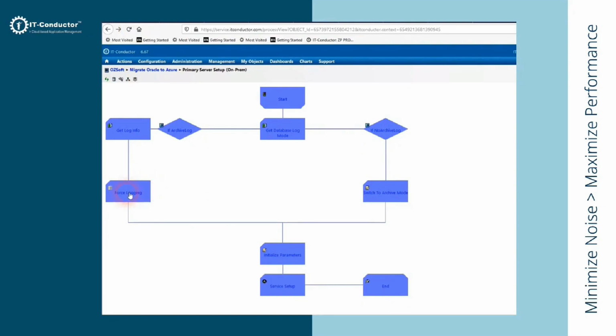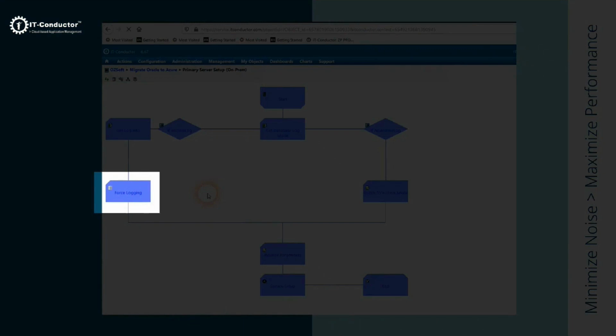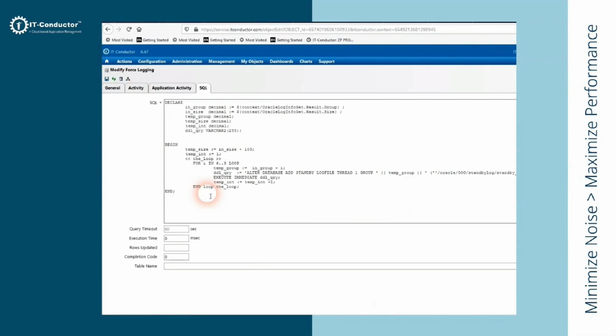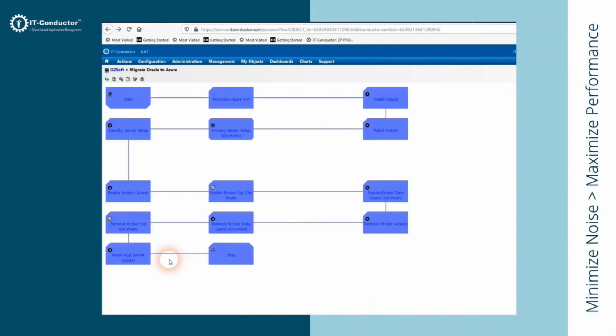Another type of activity that we have here is what we call the procedural activity. This activity can run the PL SQL script using IT-Conductor. In a nutshell, the process definition initially provisions the virtual machine in Azure, installs Oracle, patches the Oracle, sets up the Oracle DB on-prem for the migration, and then sets up the Azure again, enables the broker on both sides, and then finally installs the app server